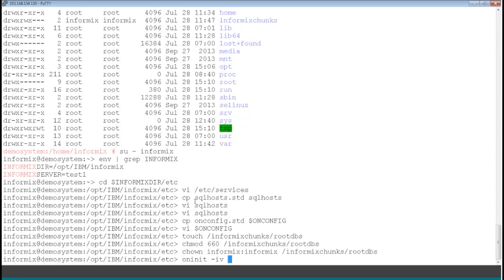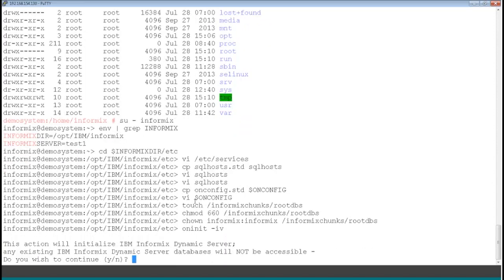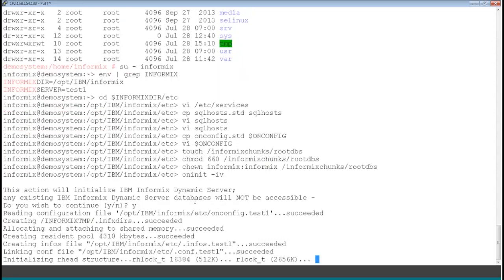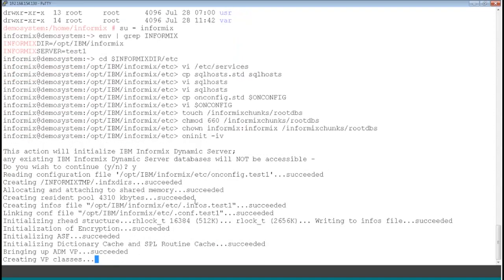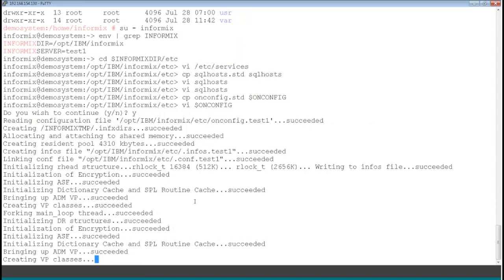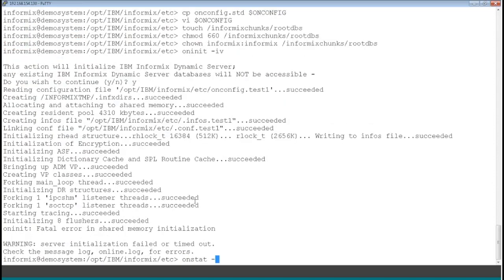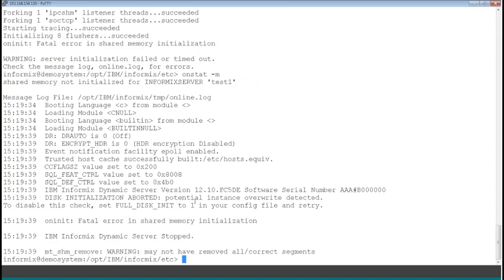There's the moment of truth of a live demo. Some people do -ivy, but I always like the sanity check of just getting in the habit of -iv to be safe. So it'll go through, and I think I know why it gave me an error here. It tells you there, failed memory. Yep, it was because I had done a test install just to make sure the Java was correct earlier, and I had initialized the disk. I have to set that flag,